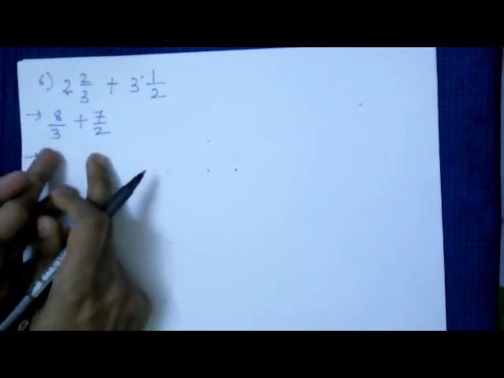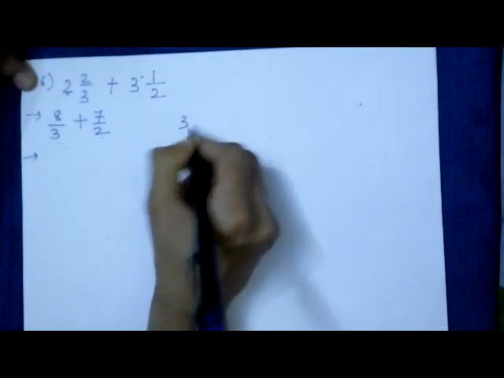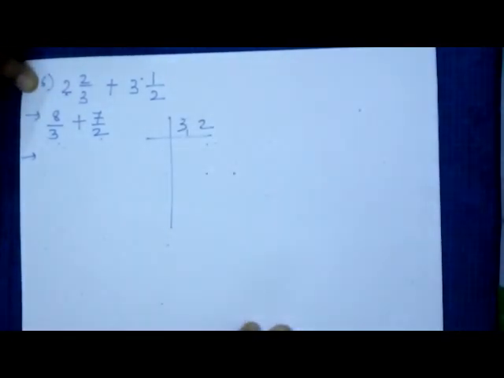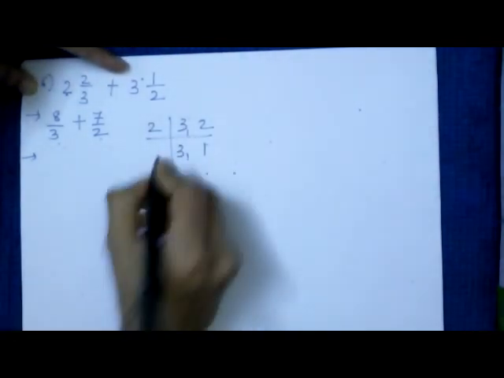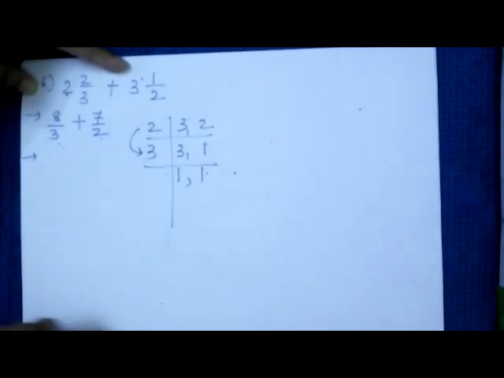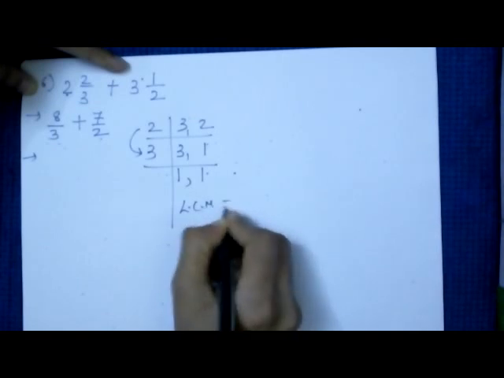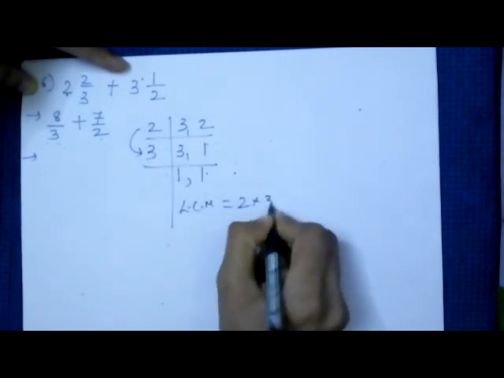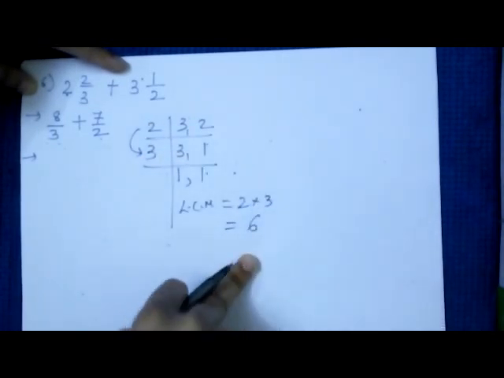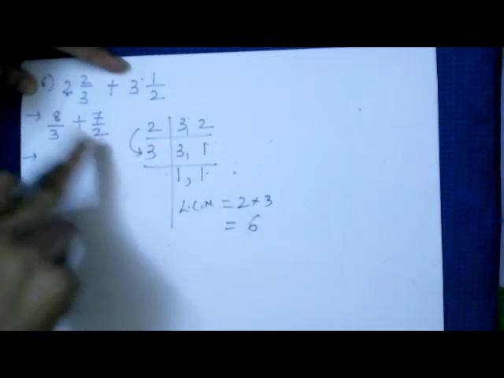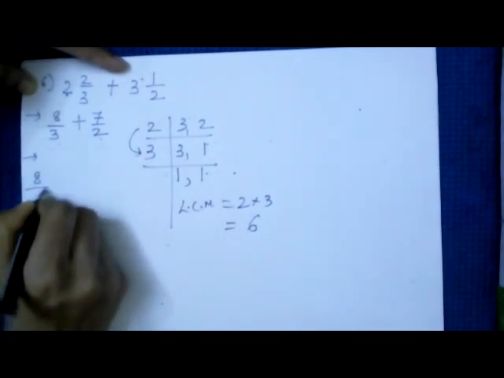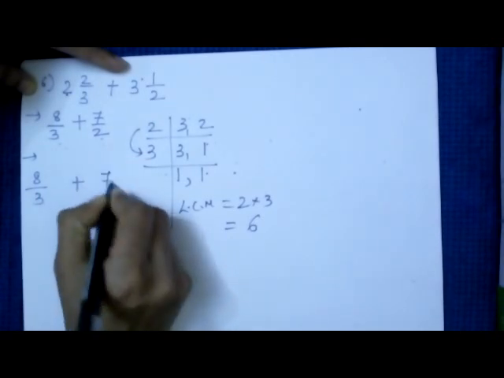Now take the LCM of 3 and 2, and as we have done in the previous sum, you can do the same way. So for the LCM of 3 and 2, 2 ones are 2 and this 3 will be as it is. Next step, 3 ones are 3, and this 1 will be as it is. Multiplying these both, our LCM will be 2 threes are 6. So this will be our LCM. Now we want 6 over here and 6 over here. So 8 upon 3 plus 7 upon 2.